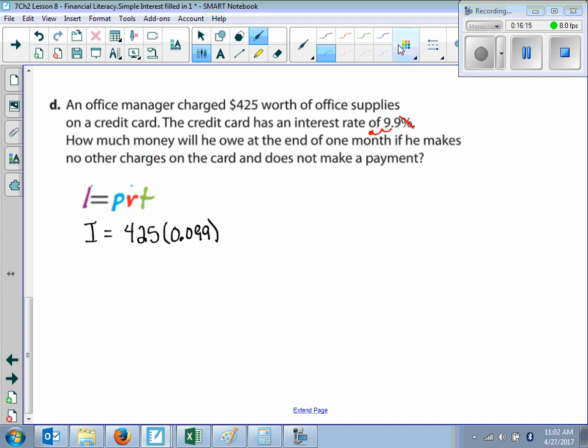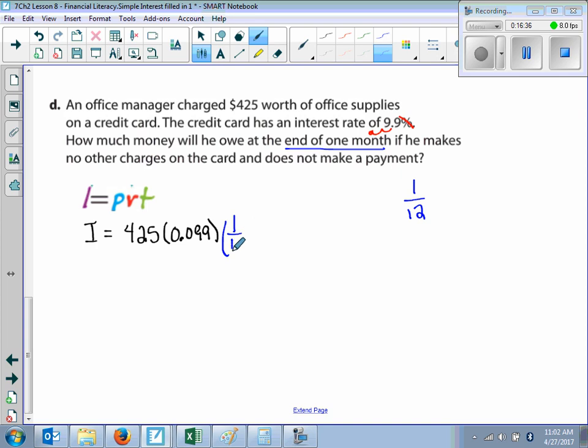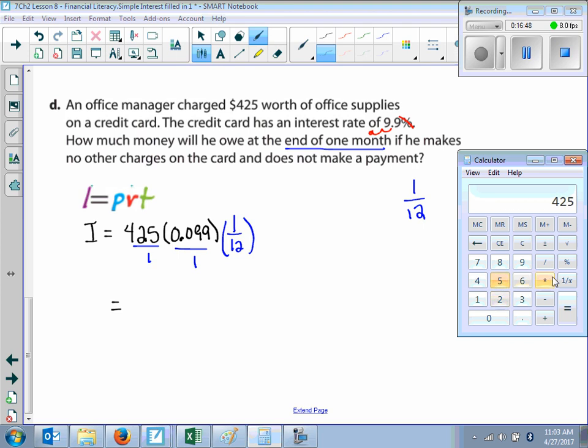Oh, it's 1 month, right? Okay, it's 1 month. It says if he does not, by the end of 1 month. So that's going to be 1/12, right? And of course, 1 divided by 12 gives me a repeating decimal, so we're going to leave this as 1/12. And if it helps you guys, you can put these over ones. So now we're going to multiply. So we have 425 times 0.099